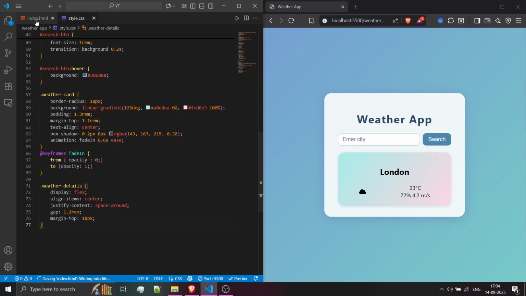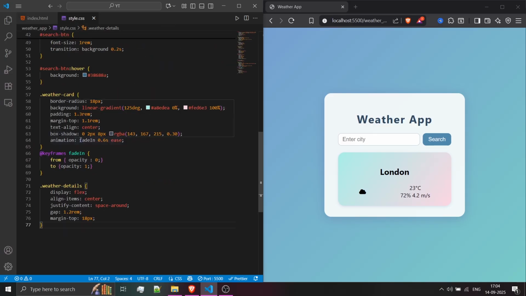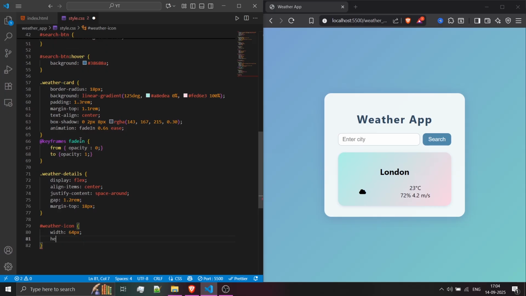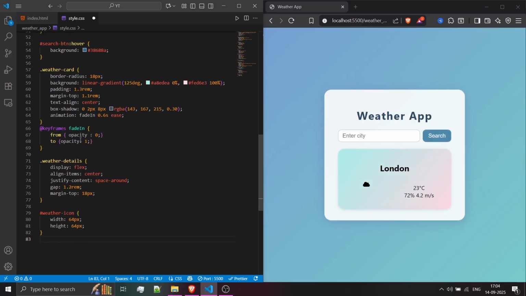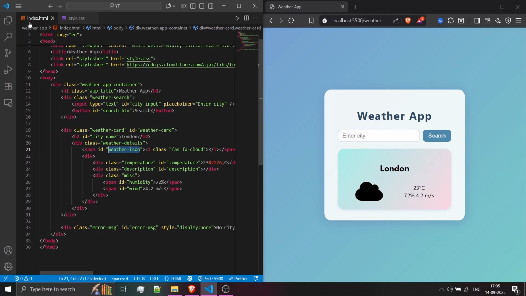So now we will write CSS for this weather icon. This is ID, which we will give width as 64 pixel and height as 64 pixels, so it forms a square. Then for the same weather icon, we have I inside it. We will give font size same as our weather icon width, so it will look bigger, right? So after that